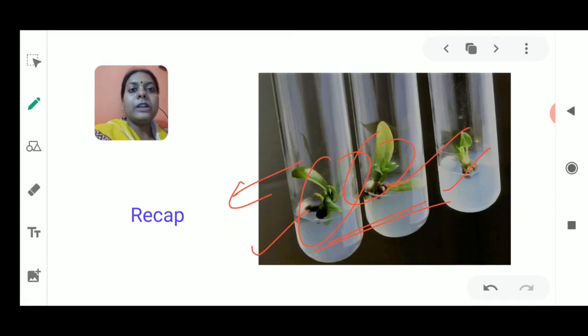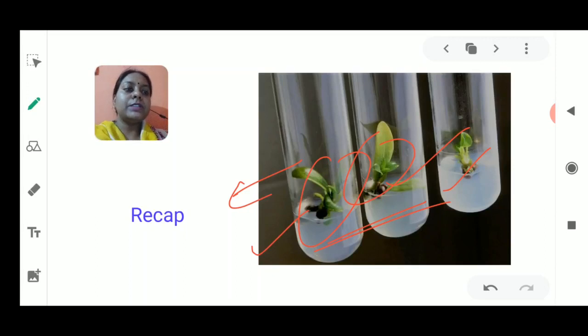There were some bad qualities also, meaning some disadvantages of using this technique, because if a diseased plant is there, then this diseased plant is going to transfer the disease from one plant to another, and similarly all the plants would end up in a diseased condition. Okay, so these were the few disadvantages.